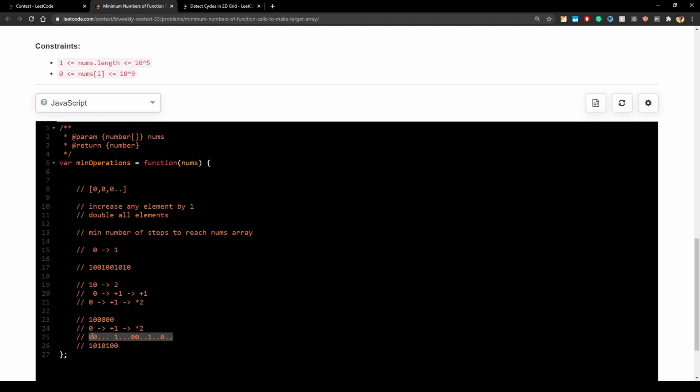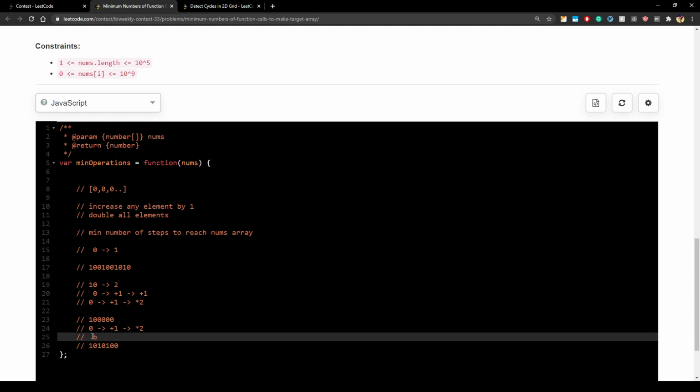There might be other ways to do this, but if you have any binary number and you multiply it by 2, the number of ones in the binary representation will not change, right?